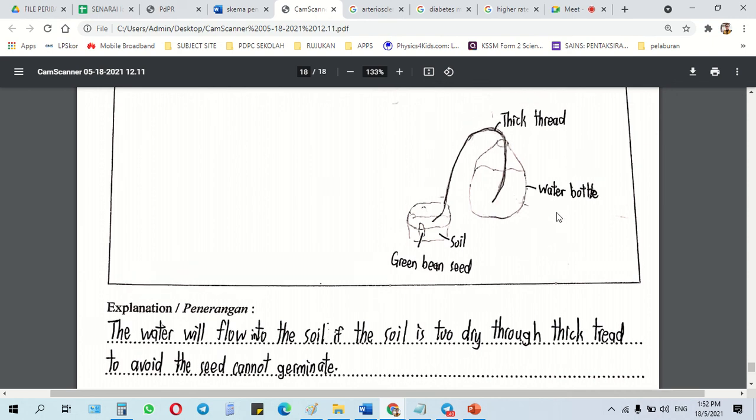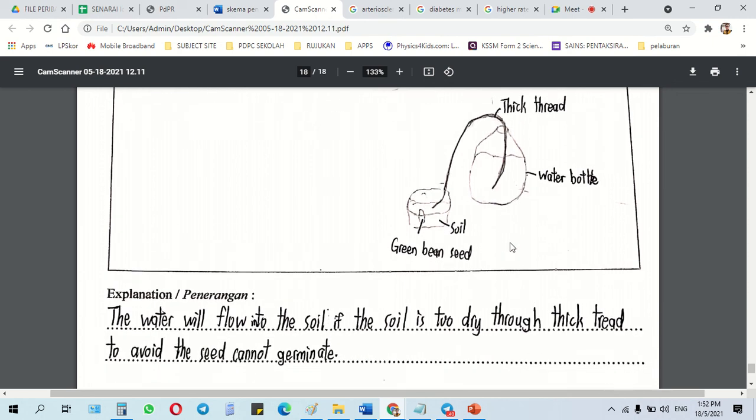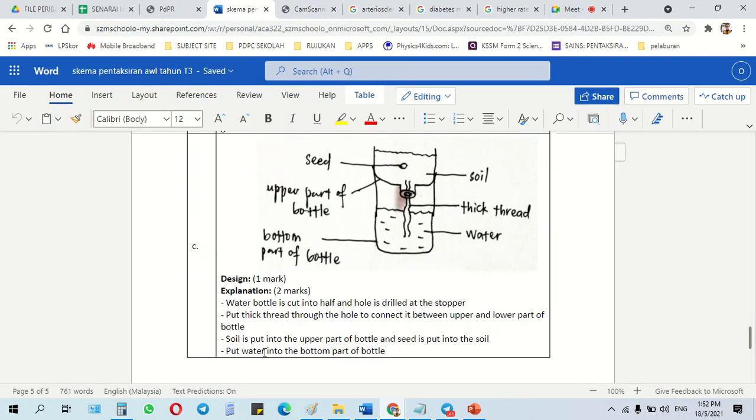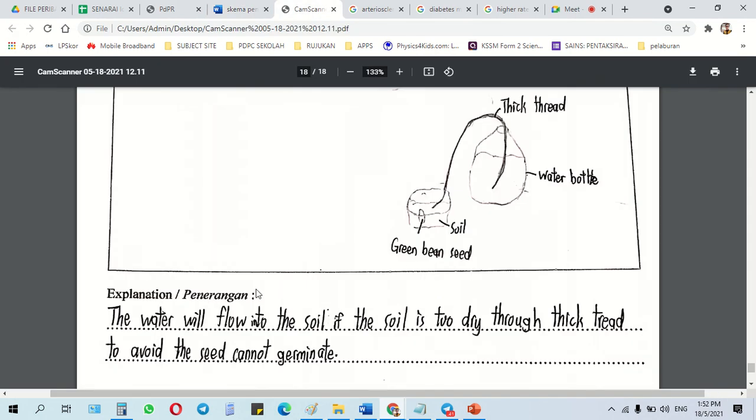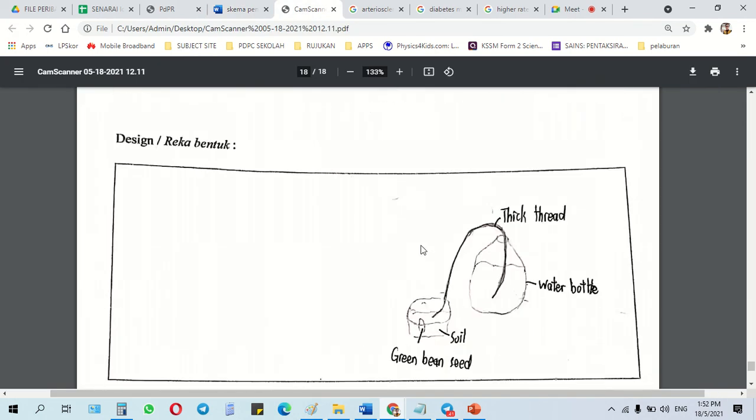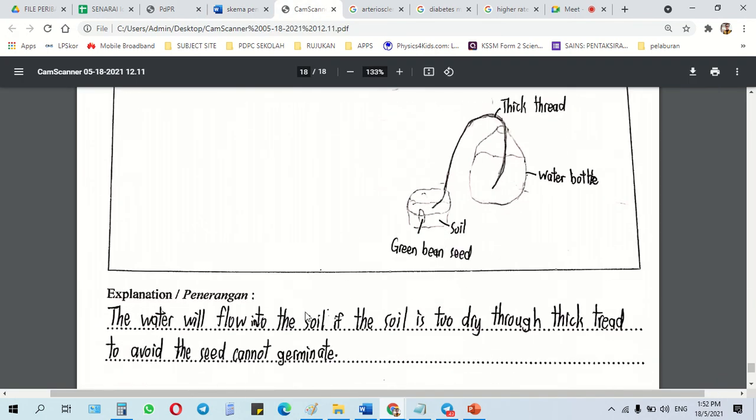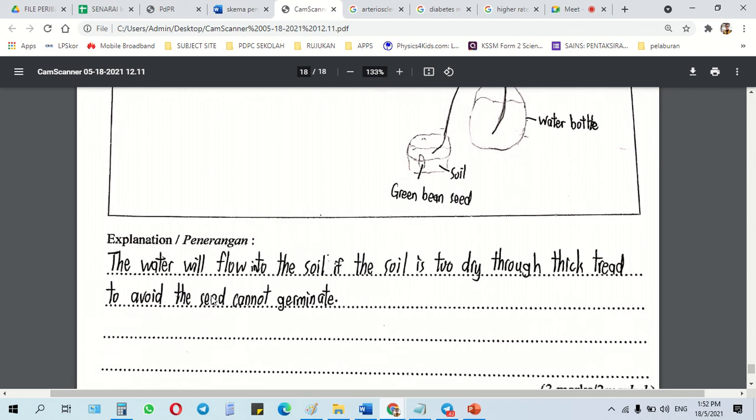So yang ni terpulang lah nanti dekat saya. Tapi ni saya bagi 1 mark. So kena bagi tahulah apa function dia ni tadi lah. Okay. So ada water flow. So to avoid it too dry, so that saya boleh bagi tahu dekat sini dapat 1 markah lah. Skema ni pun saya pun tak berapa suka water to bottom. So kalau siapa yang explain kenapa perlu buat macam ni, saya akan terima lah jawapan dia. Water flow untuk tak apalah, nanti markah tu nanti